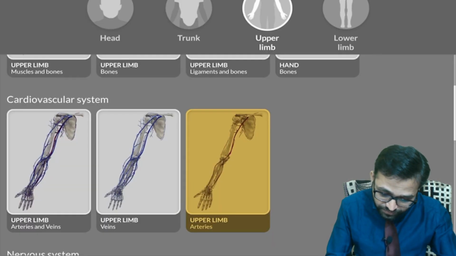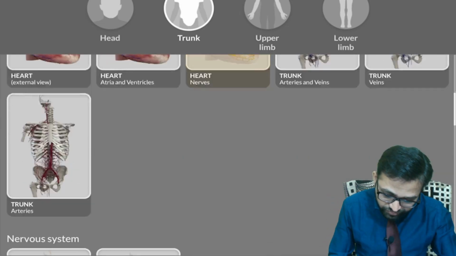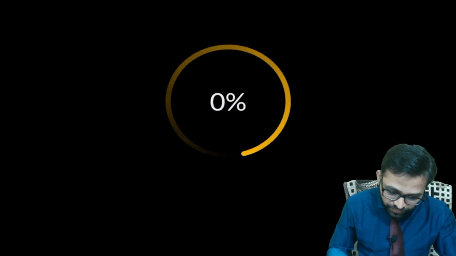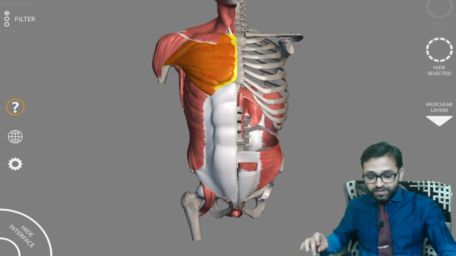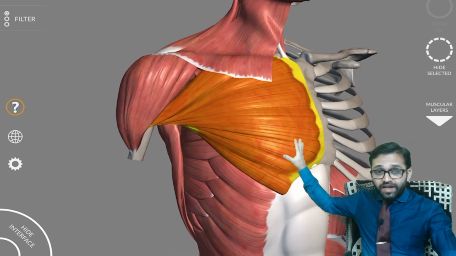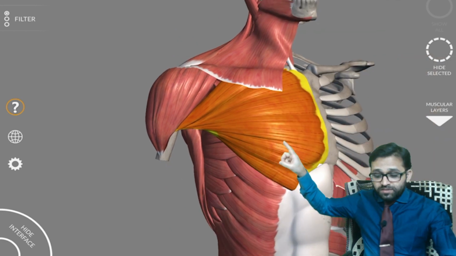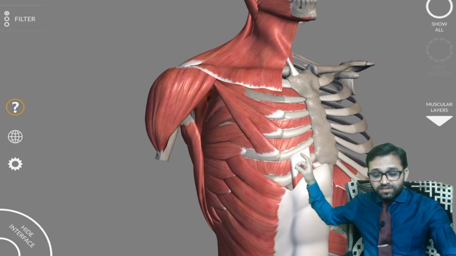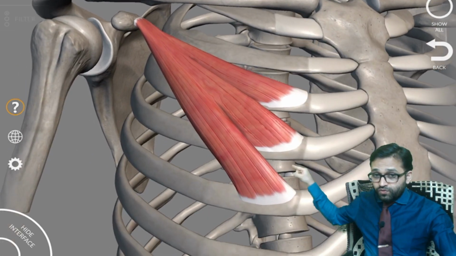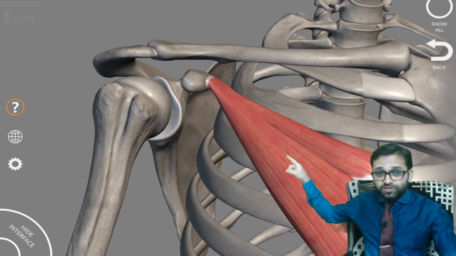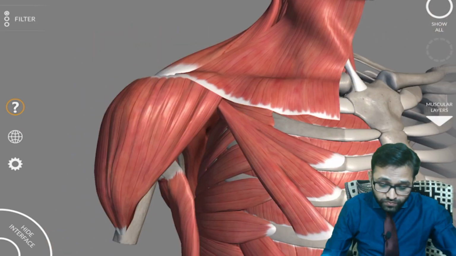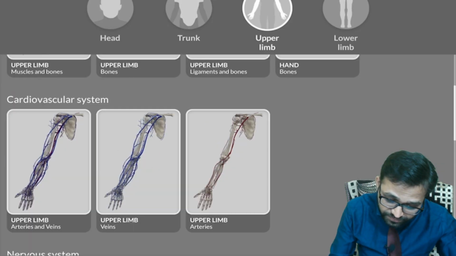When we look at the muscle part, the pectoralis minor, I told you in the theory segment we have seen in detail. In the pectoral region, we have observed the origin and then insertion of the pectoralis major, and we dissected this muscle. Then a comparatively small muscle was visible. Can you see the third, fourth, fifth rib? And this muscle was getting insertion into our coracoid process.